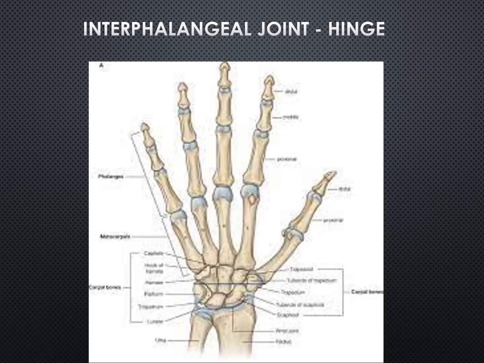Another example is our interphalangeal joints. These are the carpal bones we were talking about. These are the metacarpal bones, and these are the bones of the fingers, the bones of the digits. These are the phalanges. Between the phalanges, we get the interphalangeal joints. This is the proximal interphalangeal joint. This is the distal interphalangeal joint. Here also along the transverse axis, only flexion and extension of the fingers are possible. So this is also an example for a hinge joint. What are the two examples for the hinge joint? We have the elbow joint and the interphalangeal joint.